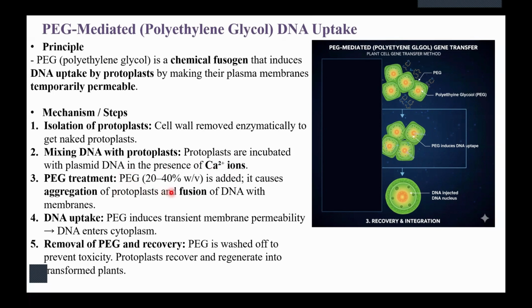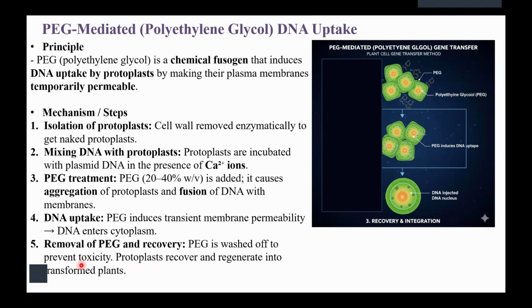It acts as a fusogen, and it is going to cause the aggregation of protoplasts and fusion of DNA to the membranes. Once the DNA fuses to the membranes, the DNA is taken up by the membrane and enters the cytoplasm. In the last step, we're going to remove the PEG, which is washed off so that PEG is not remaining in the cells, because PEG can cause toxicity, and the protoplasts are then recovered to regenerate